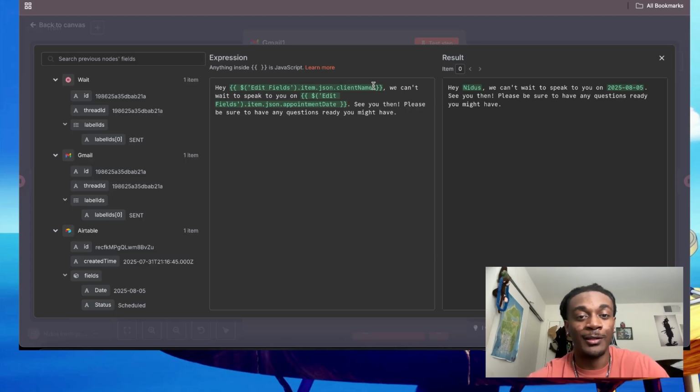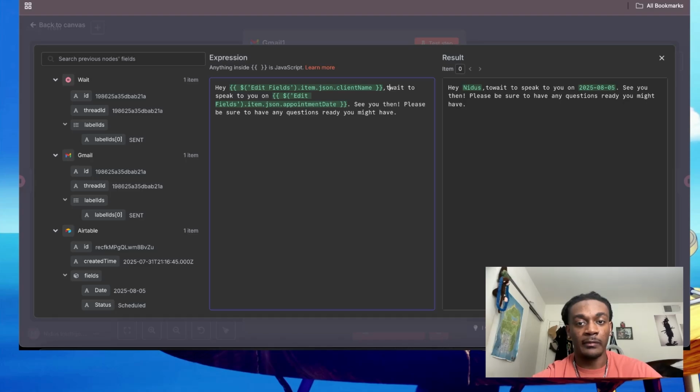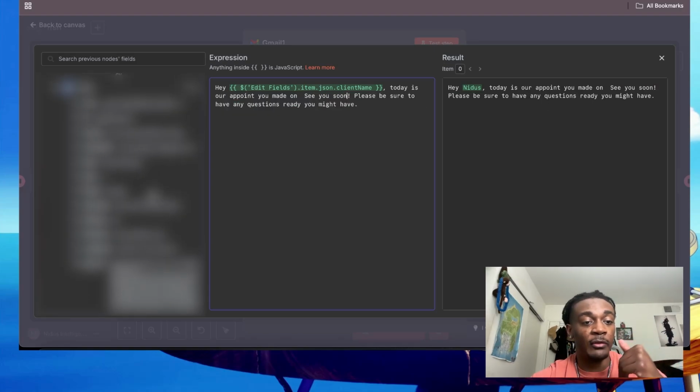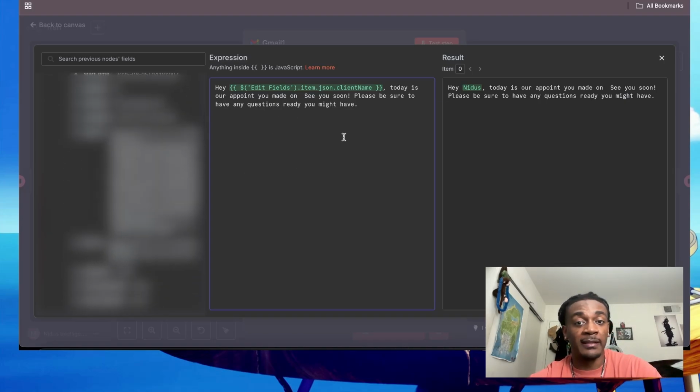This is incorrect, hold on. Today, hey Nidus, today is our appointment. I made a mistake and you are going to see me fix it live in action. So what we're going to do is change this email from a simple, I copied and pasted the note over because it's going to be the same exact thing. But what we're going to do is say, hey Nidus, today is our appointment you made on